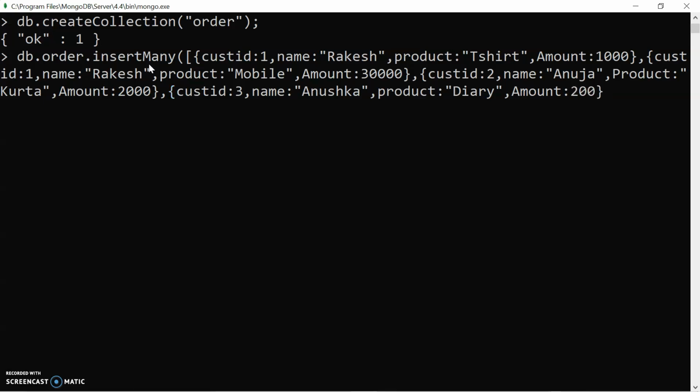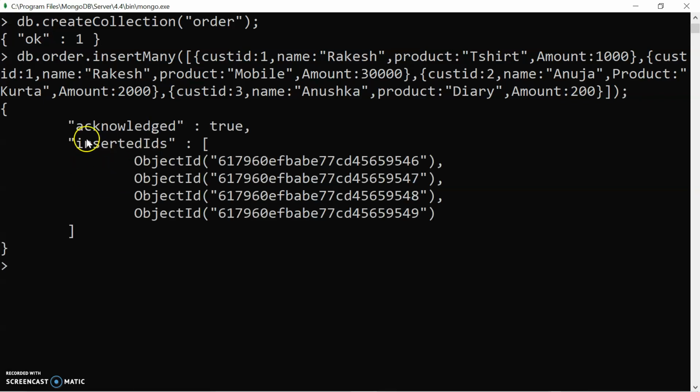Okay, so these are the 4 documents which we have inserted in the orders collection at a time, and then we will close it with a closing square bracket and a closing round bracket.